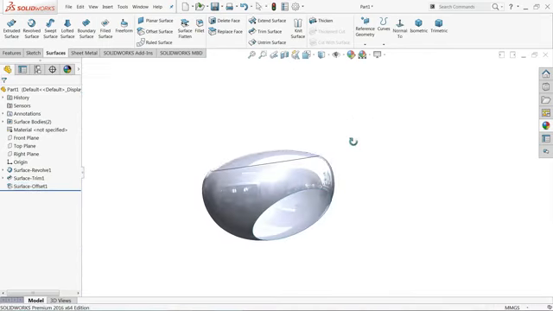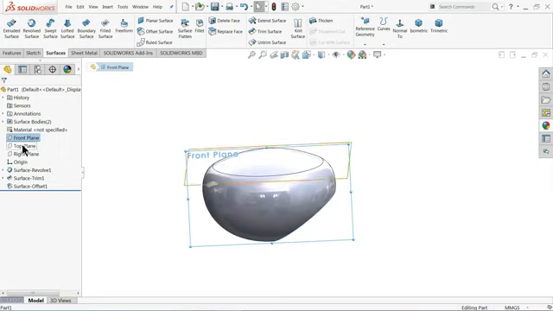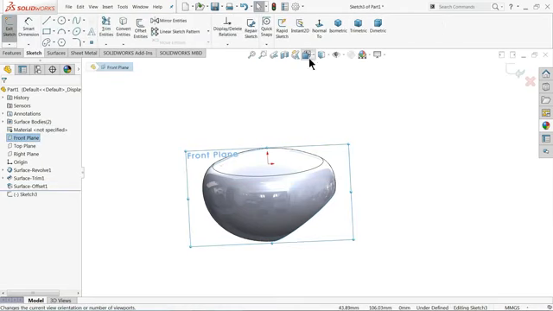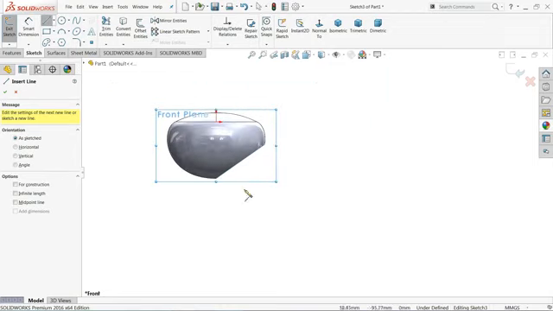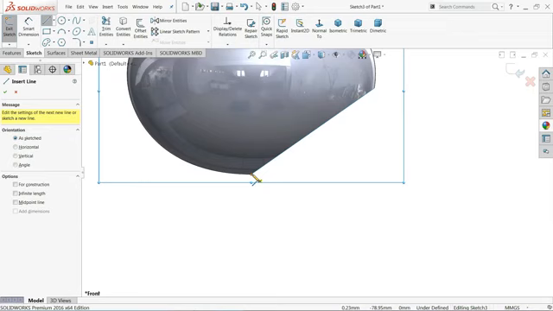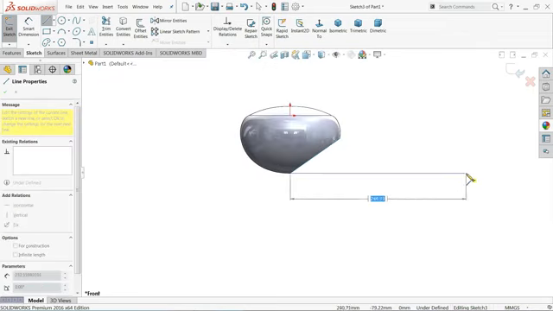Okay, now let me connect this one. So how we will do this one? So let's choose front plane, sketch, normal, select the line and start from this end point and draw one straight line.